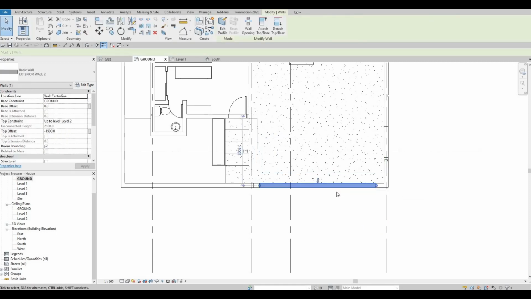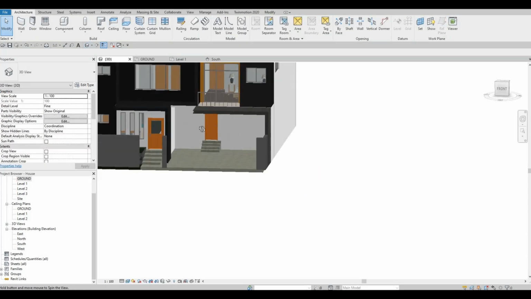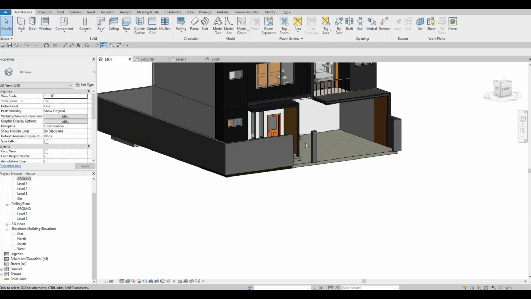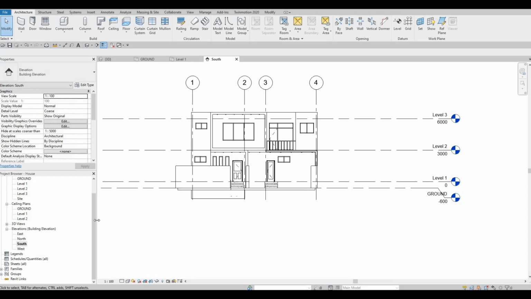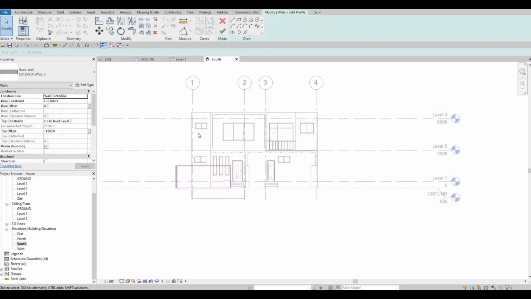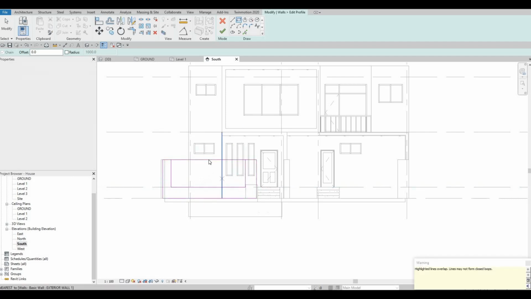And then we could remove this wall, and then this one. And then we have this kind of situation right here. So in terms of this one, go to south elevation. I'm gonna select this. We could edit the profile. What I'm gonna do is I'm gonna put some opening right here,